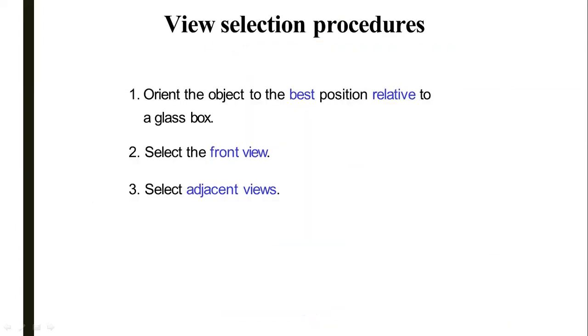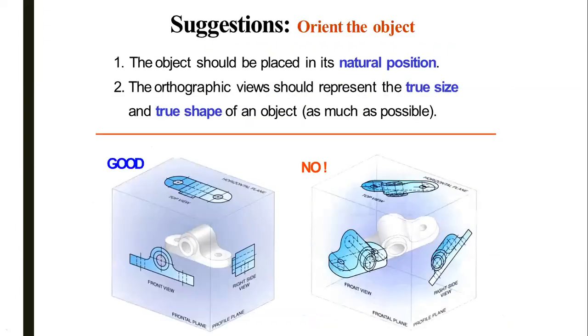Now we will directly go for orientation. Why do we put the object like this? If the object is kept inclined, all these views will be very critical and will not give you proper dimensions, and it is very difficult to draw such views. Hence, this type of method is not used. We have to put the object like this so that we can get clear dimensions and we can draw these views clearly and very simply.